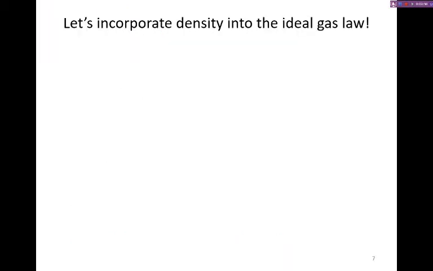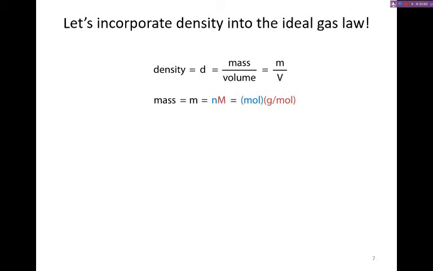Let's now talk about density. So we know that density is defined as the mass per unit volume. We can write that as m over V. We also know that we can express mass in terms of moles and the molar mass. And so if we multiply moles times the molar mass, that's going to equal the mass. By combining these two relationships